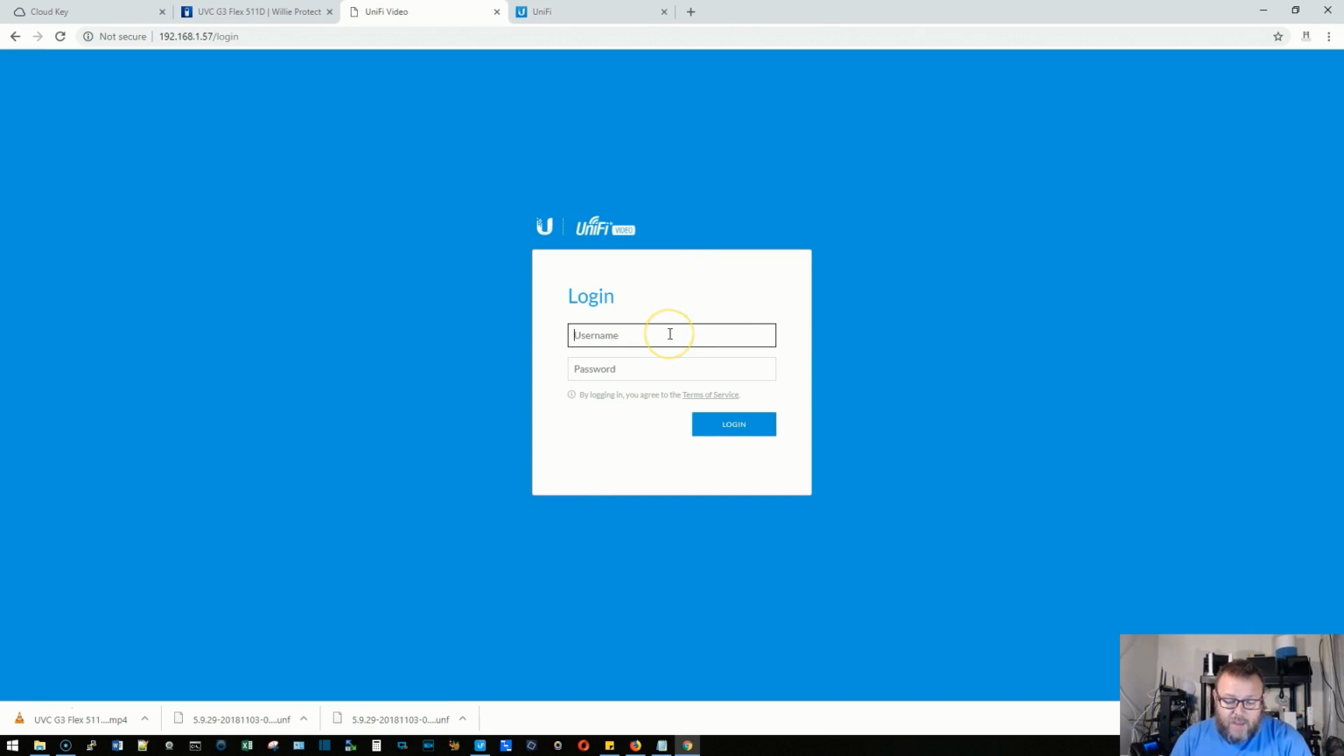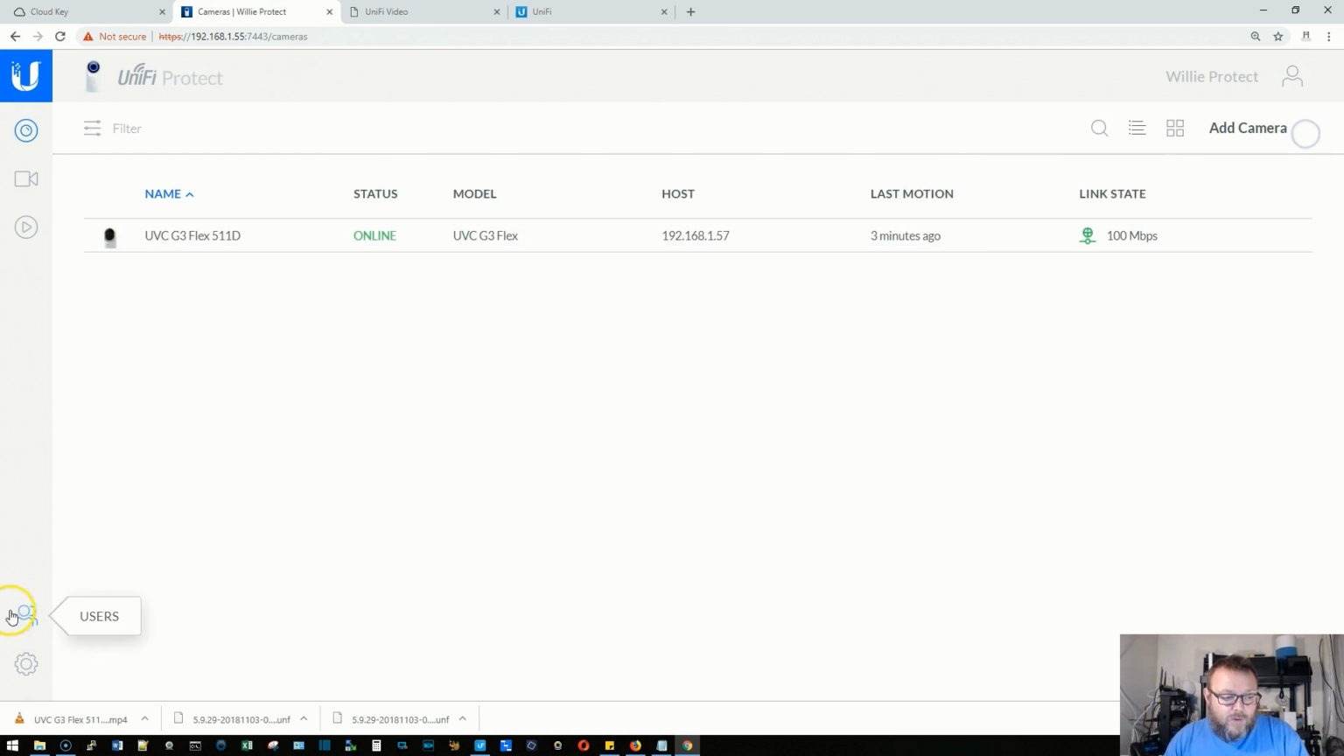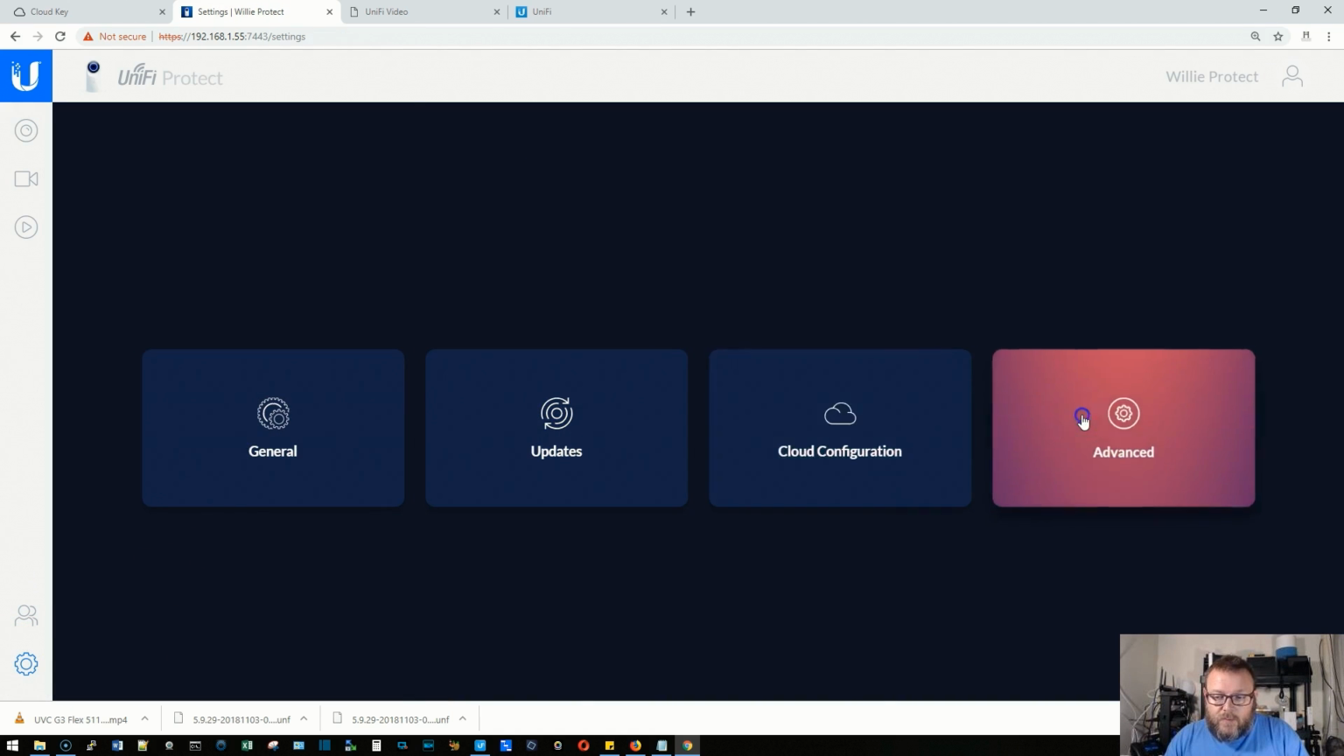Alright, so this is the actual camera interface. So it does change the camera password. When I did the Pro, it didn't, but it looks on the Flex that it does change the password, and under the settings you saw that there was a